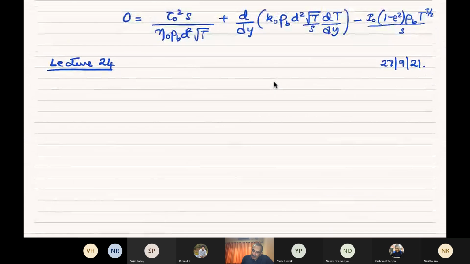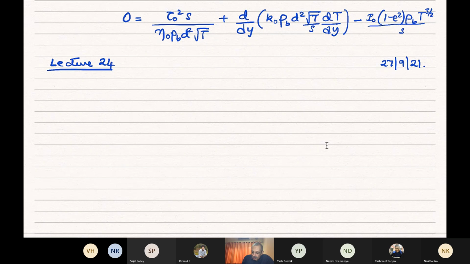So, we have this equation already, and now we need one more equation, because as I mentioned, there are essentially two variables. S, the spacing between particles, is a variable, and temperature is a variable. So the first thing I want to do is eliminate this S, and the way I can do it is